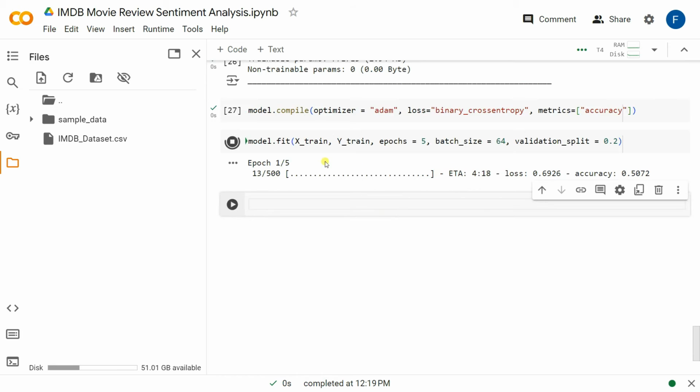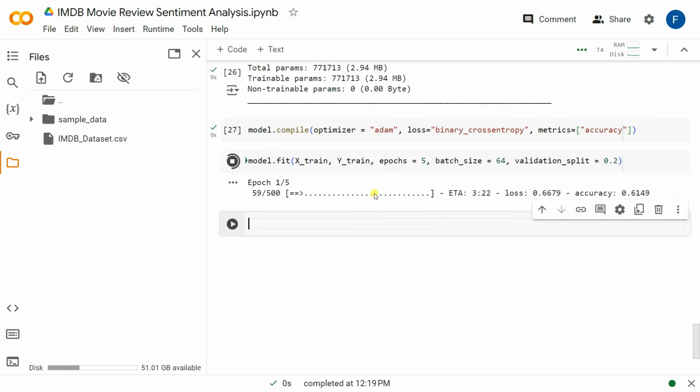You can see it will take maybe 4 minutes for one epoch. I think it's much better than using the local system, because on my local system it takes 30 minutes for one epoch. For 5 epochs it would take maybe 1 hour, so it's better to use Google Colab here. Now, for checking the loss and the accuracy,